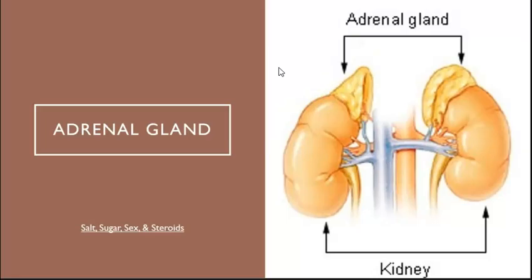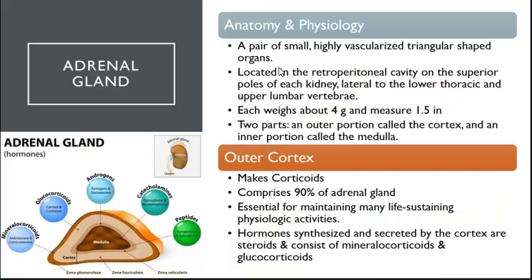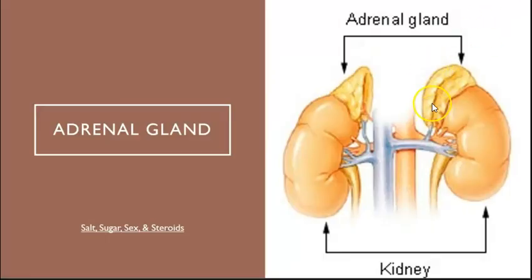Now, your adrenal gland. Your adrenal gland has layers to it, and we're going to look at the adrenal cortex. The cortex secretes cortisol. Your adrenal gland does a lot. Your fight or flight response, it regulates salt, it helps with sugars, with your steroids, your sex hormones. It does quite a bit. And if you look at it, the adrenal glands sit right on top of those kidneys.